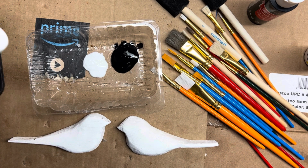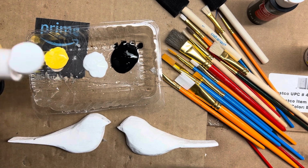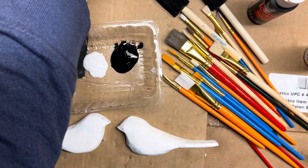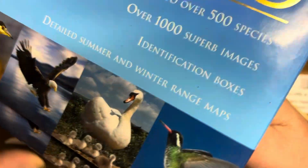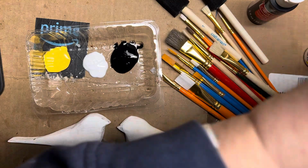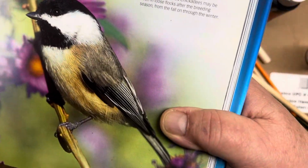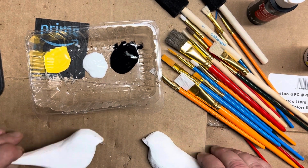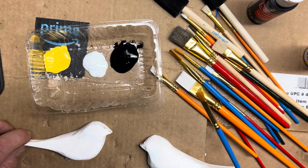And here's our yellow. Again, probably more than I need. And actually, I have been using this encyclopedia of birds that came from a thrift store, but it's a beautiful book. And I have a picture that I'm using. So, chickadee,